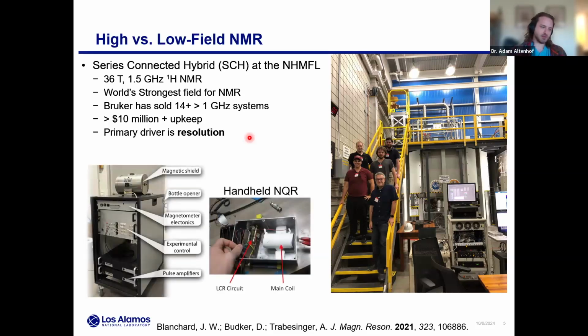To offer the alternative perspective, in this review article from John Blanchard, he's describing the average low field NMR instrument. You might have your main magnetic field for detection, your RF shielding, your spectrometer, maybe your tuned circuit, your RF amplifiers, and look at this. It all fits on a cart a few feet tall. It's on wheels. It's portable. There are no cryogens. You just need to plug this into your power source and away you go.